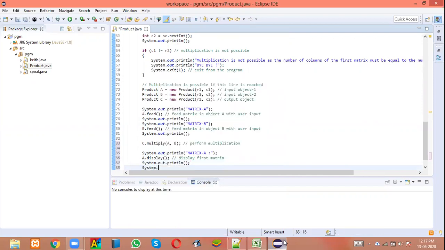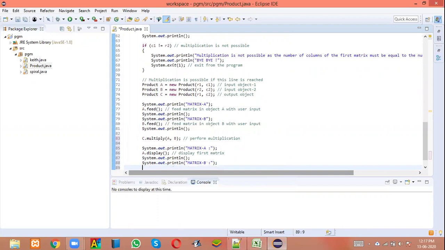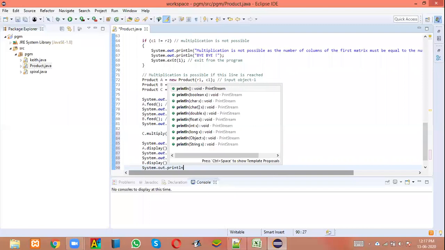Then System.out.println "matrix B", which will be B dot display, to display the second matrix. Then I'll go to another line.